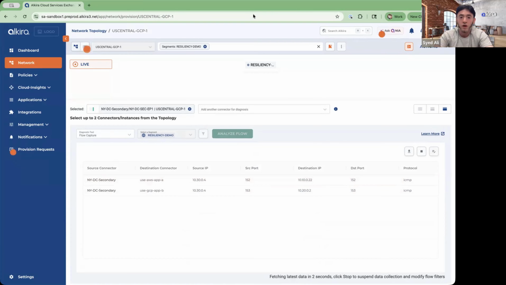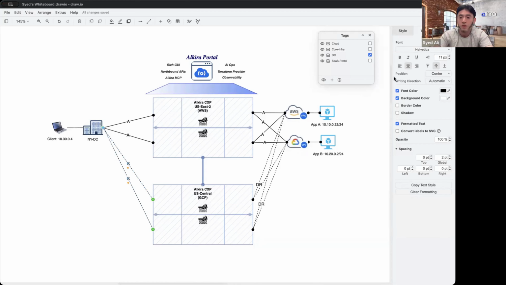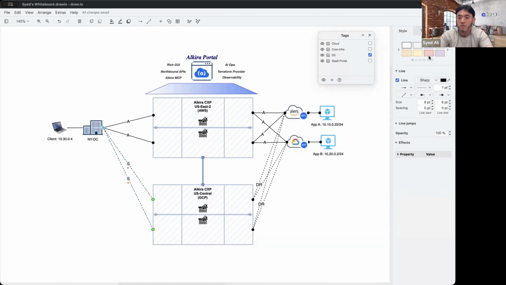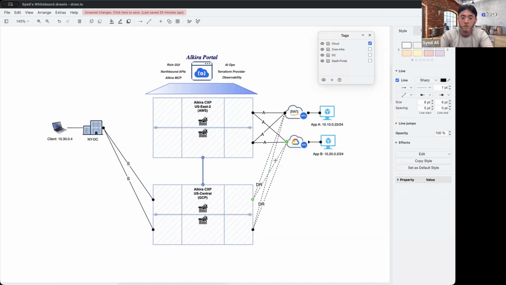So, for the purposes of the audience, I just want to bring the topology back. The traffic flow now, essentially, these two have become active, right? And these two have really been essentially gone, right? And this is essentially what we're showing here. These are still in a DR phase.